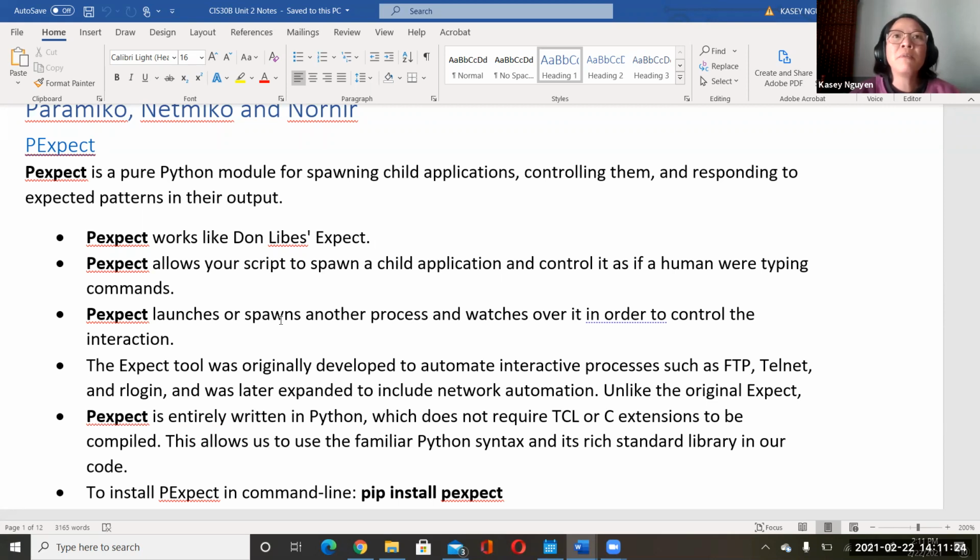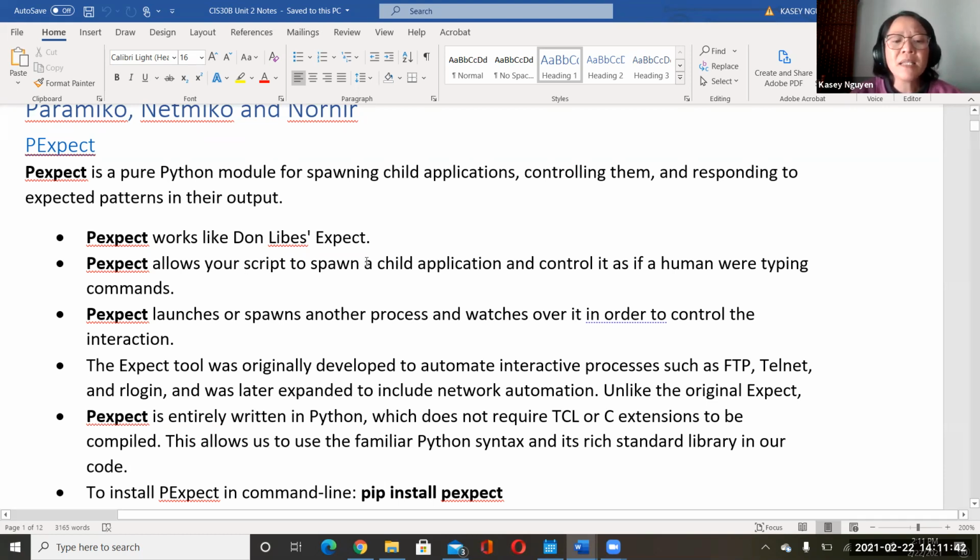We can incorporate this library in our script and run it in the shell to gather information or access resources for that appliance, or even automate the login process.